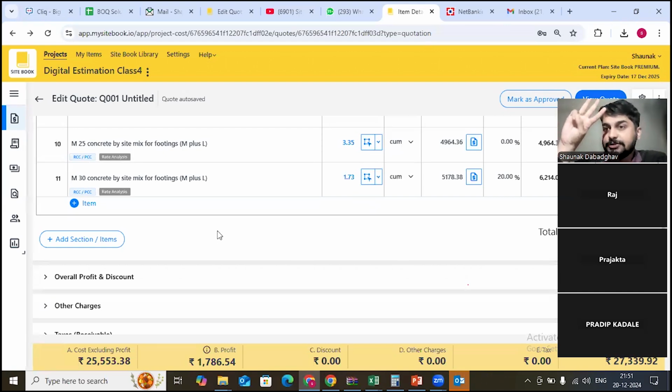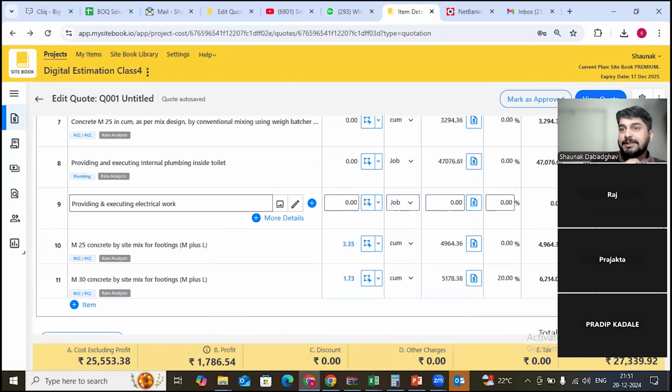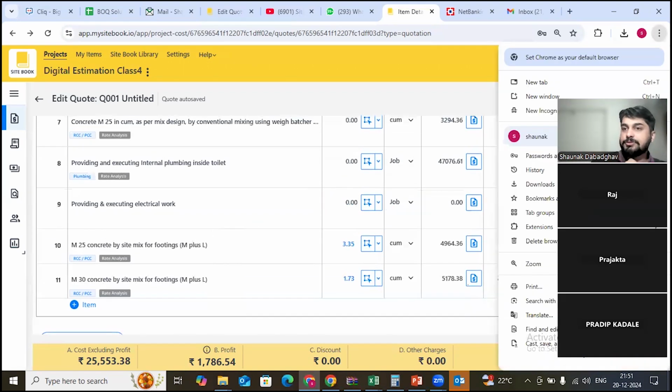So three commands we actually looked at. One was count, one was area, and one was select. So any software, any digital estimation software which I mentioned will have these commands. The last command is linear. Probably the terminology is going to be different. People will use different languages. Maybe it would be length instead of linear or something other than that. But the concept will never change. And if you know digital estimation software, you can also start taking up